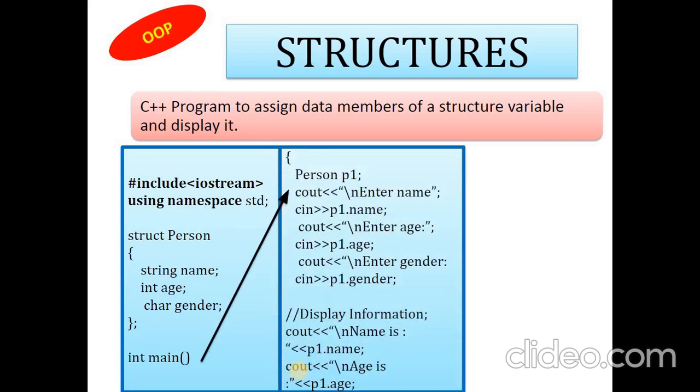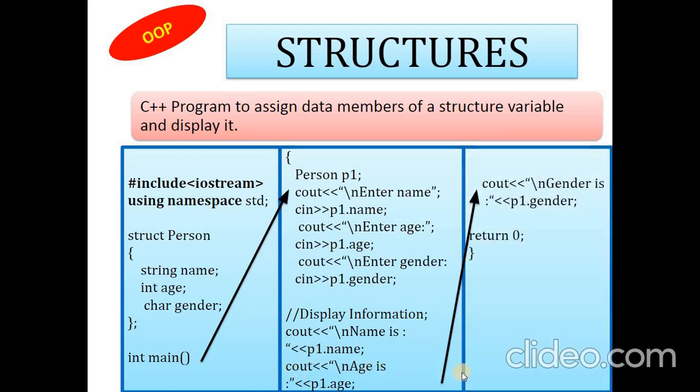We are taking the values of name, age and gender from the user, but just focus that when I am writing cin for name, I should not write just name, because name is not a variable of the main function, but a variable of a structure. That is why to access it I need the structure variable p1. So p1.name, p1.age, p1.gender for the input, and for displaying also I have been following the same thing.